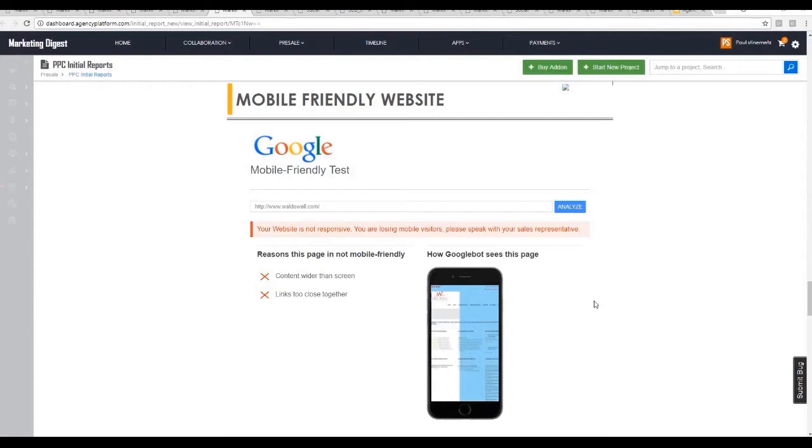So they're going to pay for a click, and if they're on a mobile device, they're going to get to the site. It's not mobile-friendly. They're just going to bounce, and it's going to be a waste of money. So, of course, you want to run a mobile-friendly site check to make sure you're not driving traffic to a